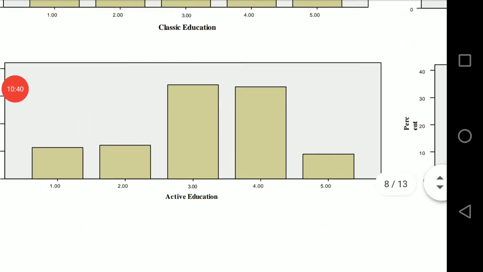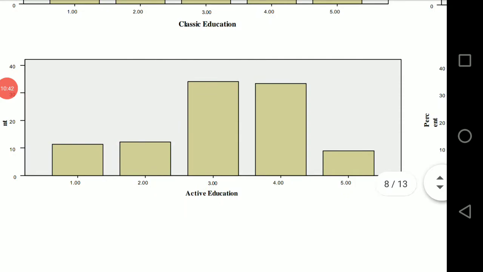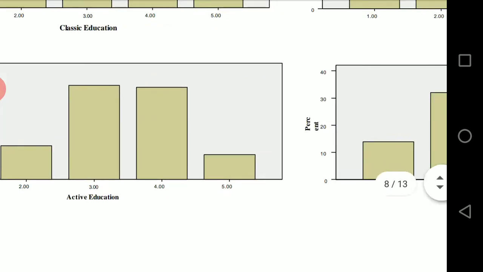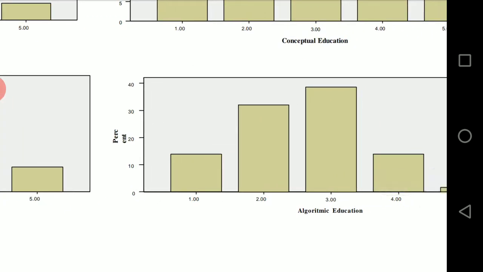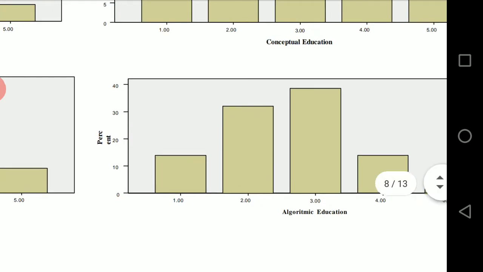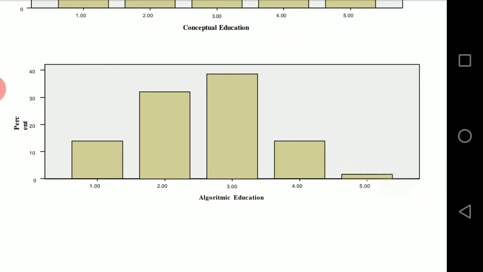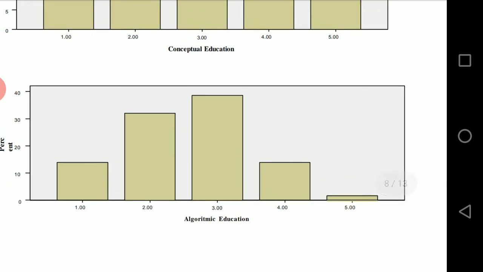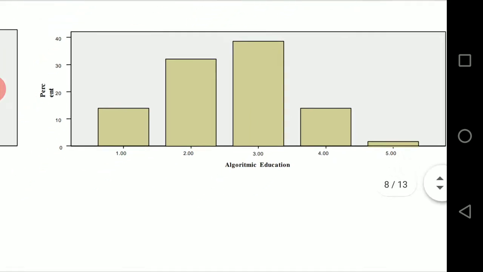Then active education is involved, 3 and 4, very close to 3. Then the next one, algorithmic education. In algorithmic education, once again the number 3 is raised compared to the remaining portions.